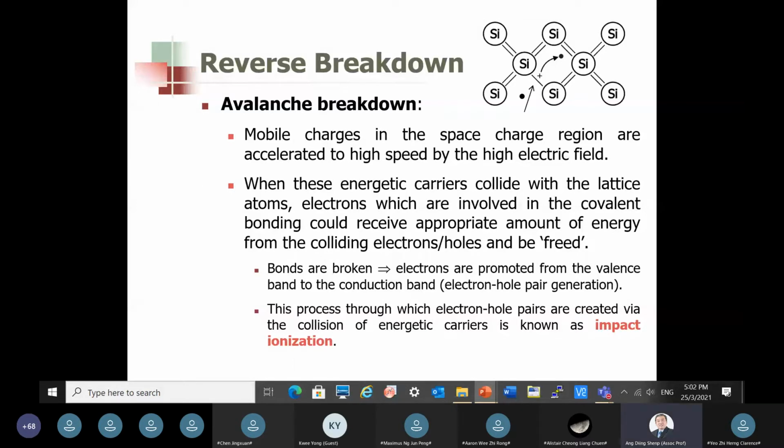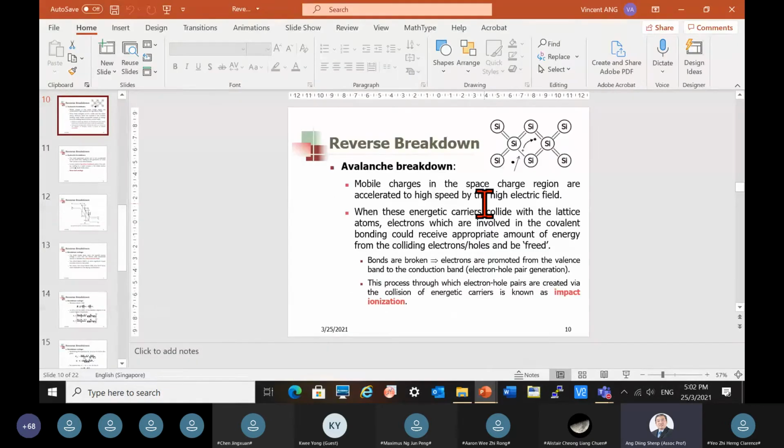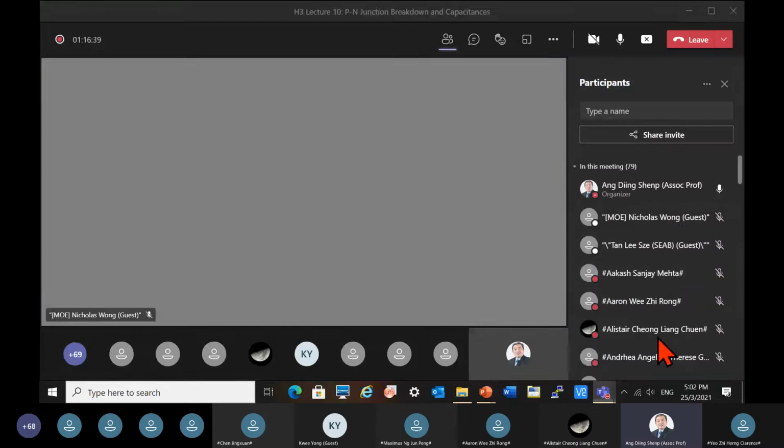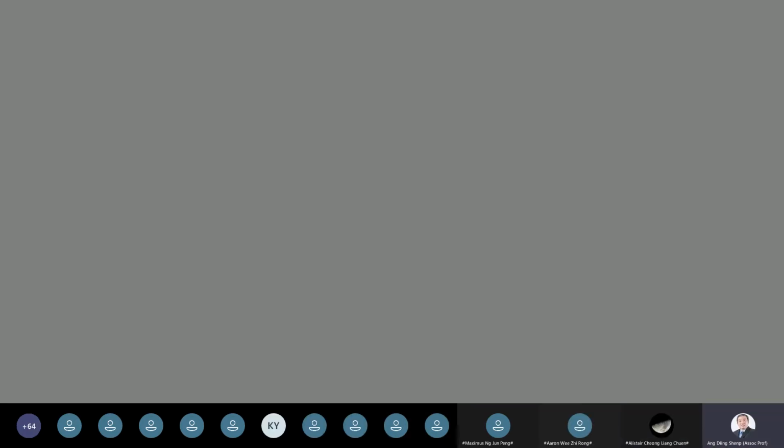Okay, all right. So if you have no further question, then I'll move on to the second topic, which is on junction and storage capacitances. Now, as mentioned before, let me just bring up the slide first. As mentioned,